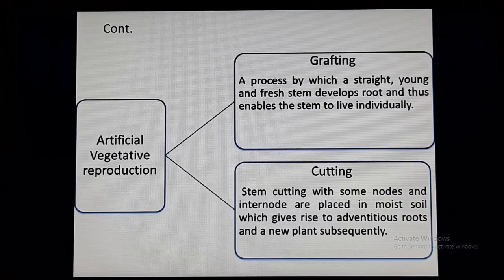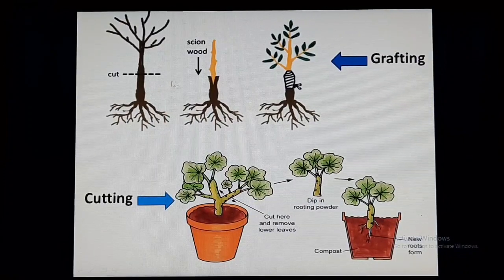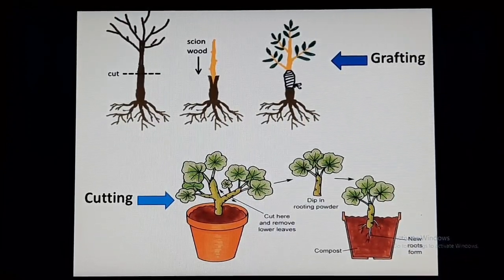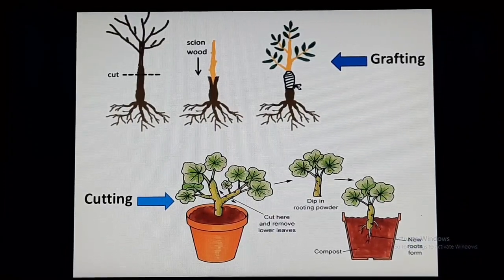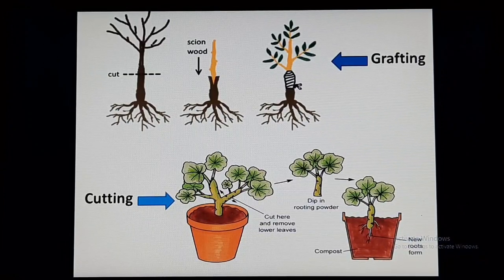And cutting is a different thing. I cut a portion and put it into the soil and it grows into an individual one. That is cutting. Just see the picture: one portion is cut from there and put inside another wood, and bandaged. That is called grafting. And cutting is like that: I cut it and put it into the soil. That is called cutting. So this is all about asexual reproduction. We already know about their types, their definition, their diagram, their examples. So let's move into